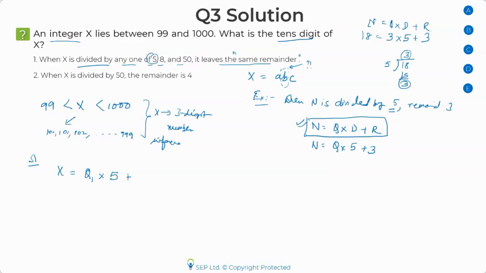I don't know the remainder as anything, so I'm setting it up as r. Now, if you leave it and think, hey, I don't know the remainder, let me just chuck it and say the statement is not sufficient, that would be wrong. This is how you need to set up the equation, okay?